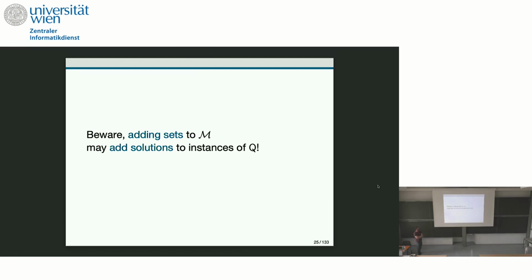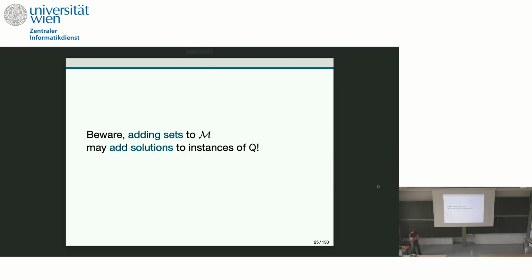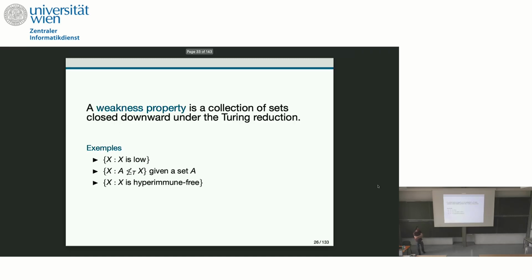But the difficulty is we want to separate P from Q, so we don't want this to be a model of Q. And when in step 2 you add a solution to your model, you might also add solutions to instances of Q. So it might be a model of Q at the end as well. For this, we have to be careful and choose properly the solution so that we don't add solutions to a fixed chosen instance of Q. And for this, we want to find the appropriate invariant. And a big part of the difficulty in a separation proof is to find the appropriate